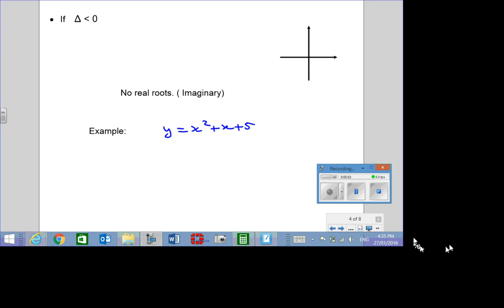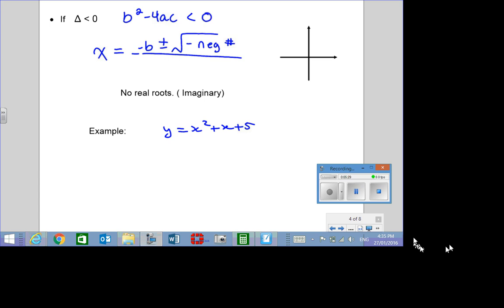And in our third example, we have the discriminant which is less than 0. So think about what that means for a moment. If you take b squared minus 4ac, and that winds up being less than 0, that means it's going to come out to be a negative number. If you wind up using the quadratic formula, x equals negative b plus or minus the square root of b squared minus 4ac, and this is a negative number,